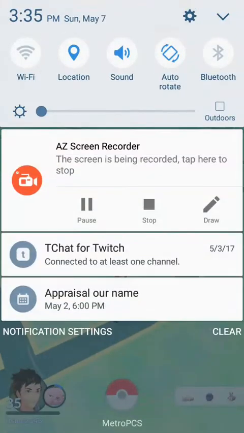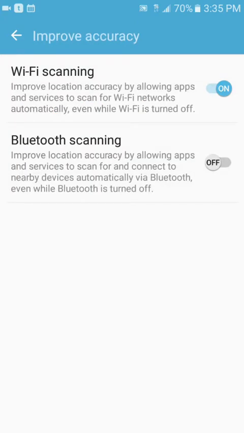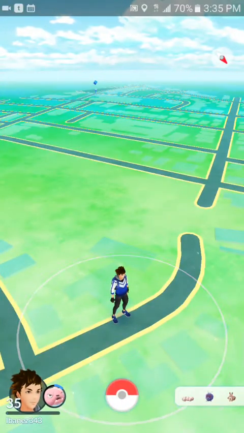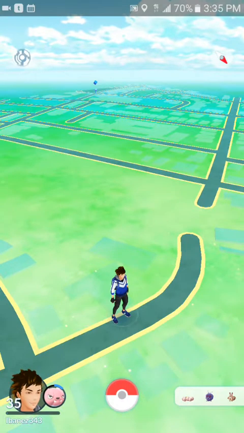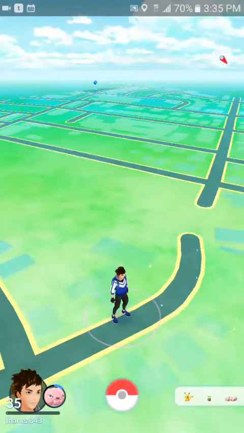If you're just looking to drift without having to mess with your phone, you can just leave Wi-Fi scanning off and just set it down. Find a good spot in your home or wherever that gets you some distance. Something I do is I just leave it open all night long, and the way I do that is if